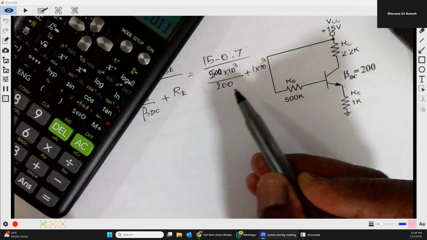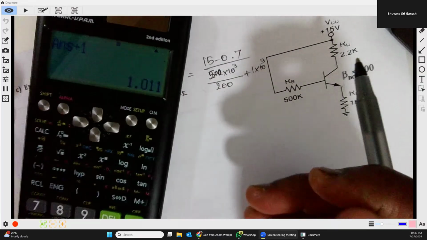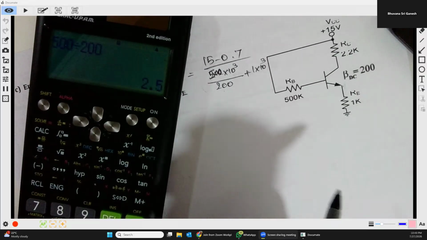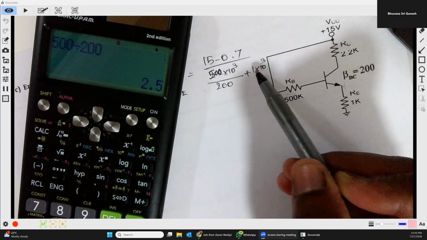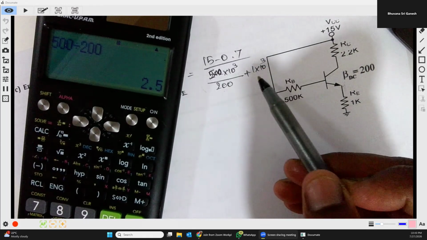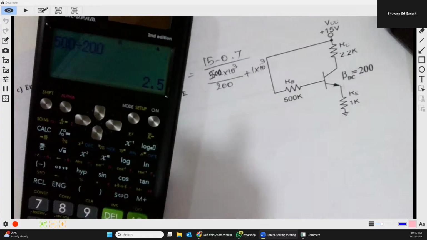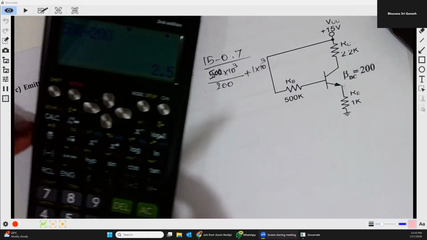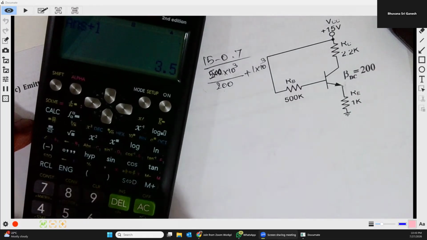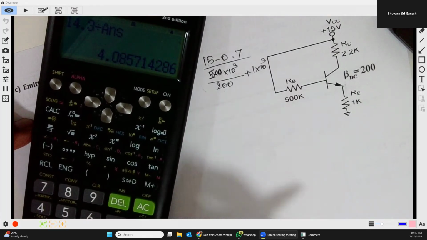So 15 minus 0.7, divided by 500 over 200, right? 500 over 200 equals 2.5, plus 1, 3.5 times 10 power 3 is in the denominator. 15 minus 0.7 is 14.3 over 3.5, right? So plus 1, you keep 3.5 in the calculator. So 15 minus 0.7 is 14.3 divided by the answer that's there in the calculator, which is